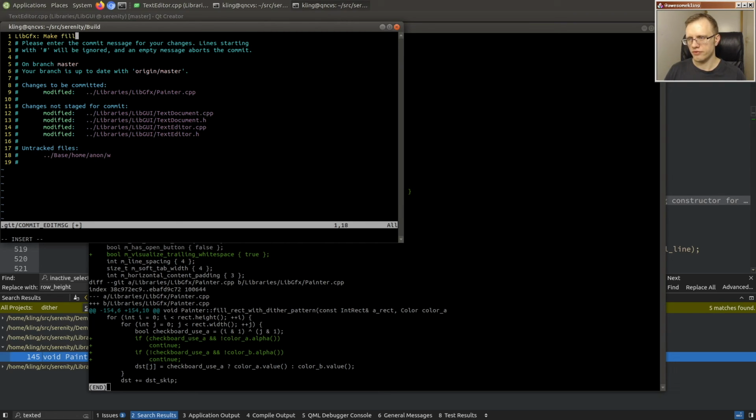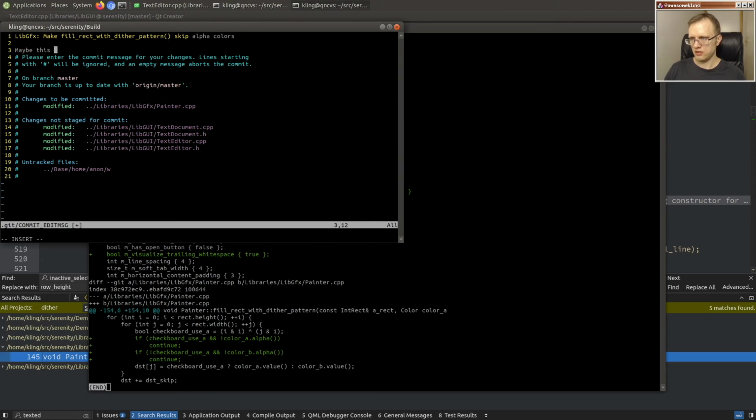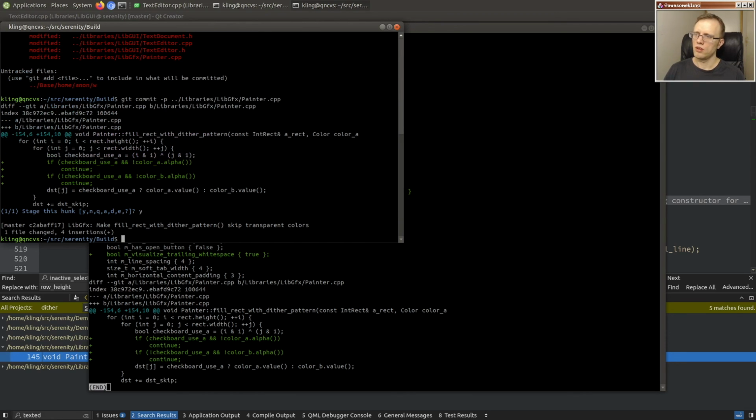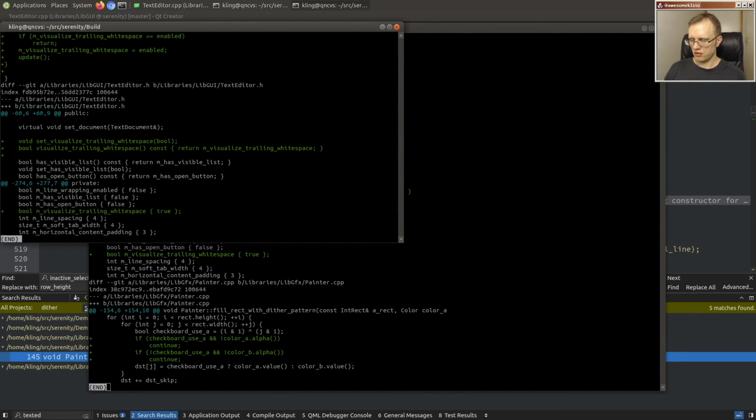Make fill rect with dither pattern. Ignore skip alpha pixels. Maybe this should do for blending, but for now, at least skip source pixels that have 0 alpha. Spare colors. Okay, and then